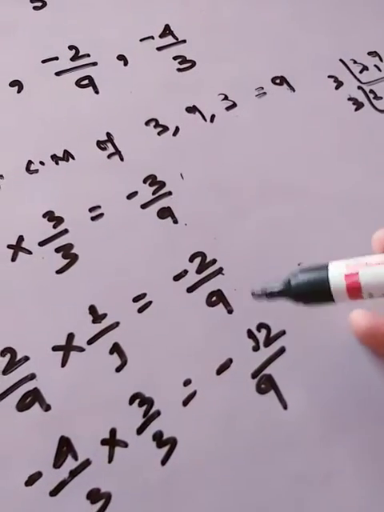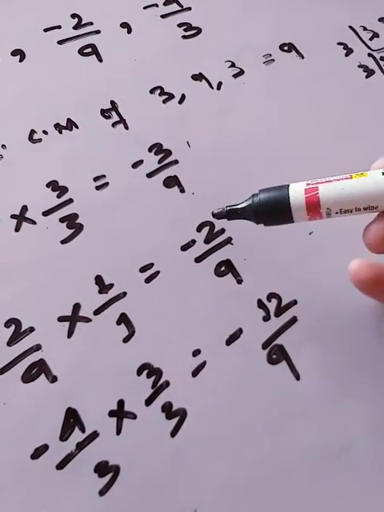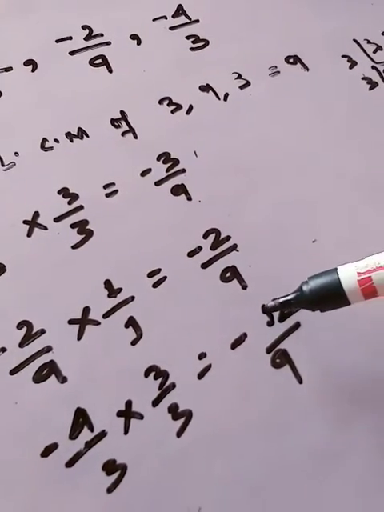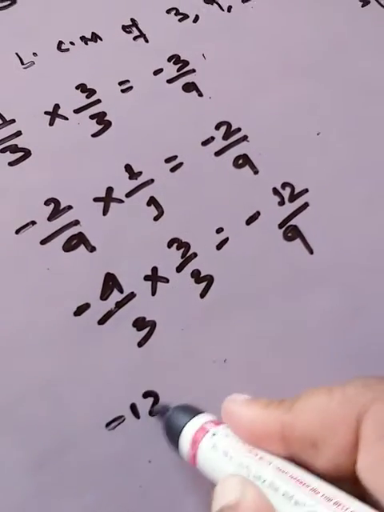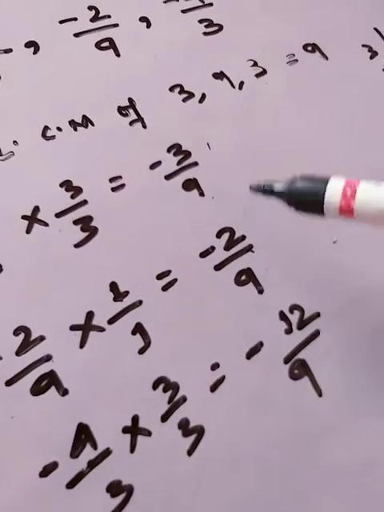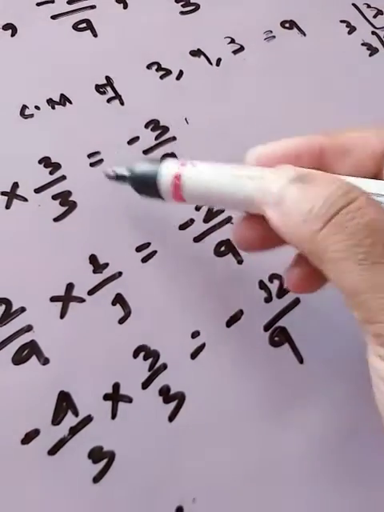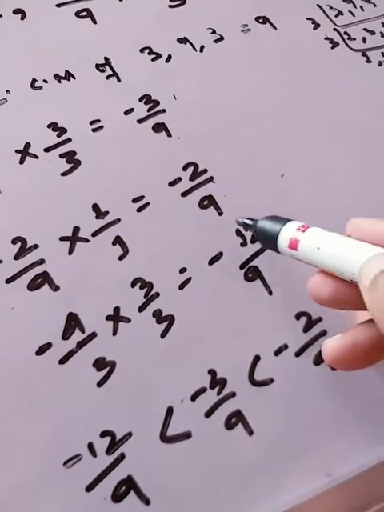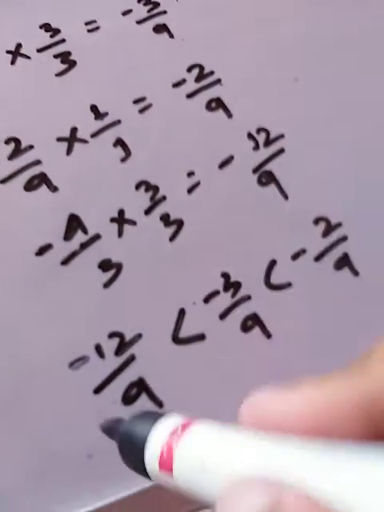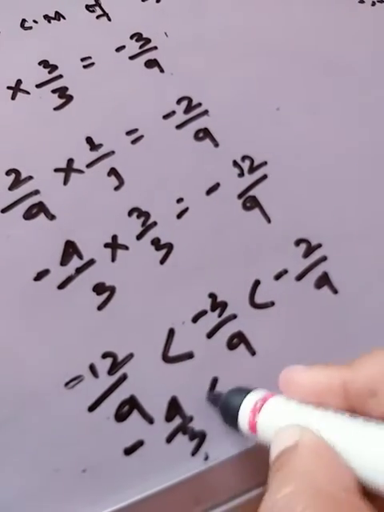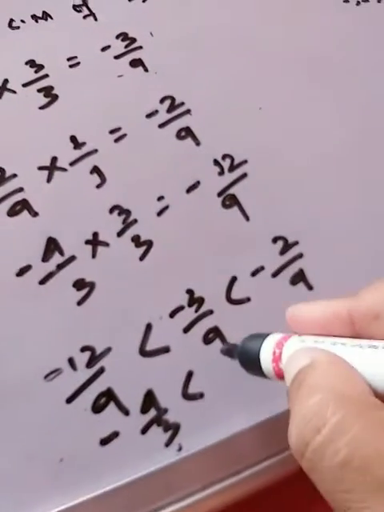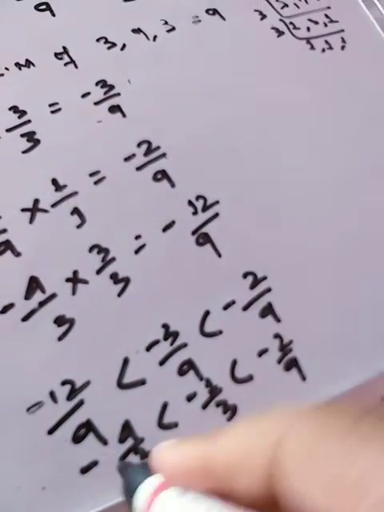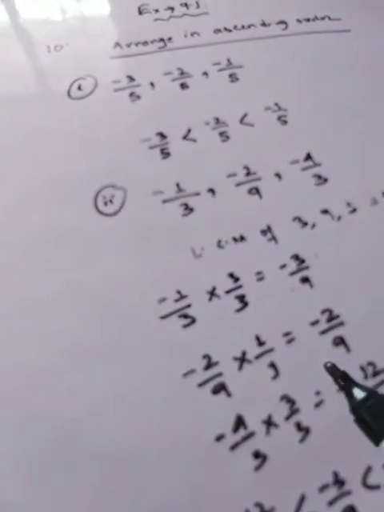Exactly, same denominators. Now you have to decide which number is the smallest one, and accordingly set them in ascending order. Which number is the farthest from 0? Minus 12. So minus 12 is the smallest rational number here. Then after that, which number is farther, minus 3 or minus 2? Obviously minus 3. So minus 3 by 9, and finally we'll write minus 2 by 9. Minus 12 by 9 we got from minus 4 by 3, minus 3 by 9 we got from minus 1 by 3, and minus 2 by 9 we got from minus 2 by 9. So this is your final arrangement of sum number 2.